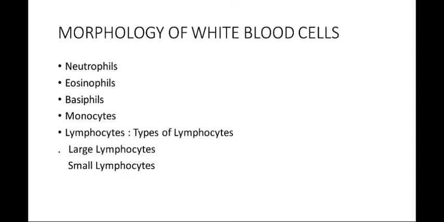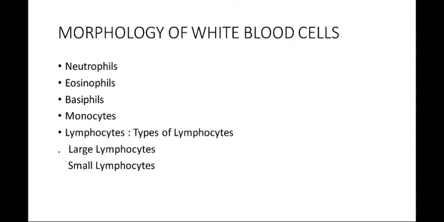Now we will see about monocytes. The monocytes are the largest leukocytes with a diameter of 14 to 18 micron. The cytoplasm is clear without granules. The nucleus is round, oval, horseshoe shaped, bean or kidney shaped. The nucleus is placed either in the center of the cell or pushed to one side, and a large amount of cytoplasm is seen in the monocytes.